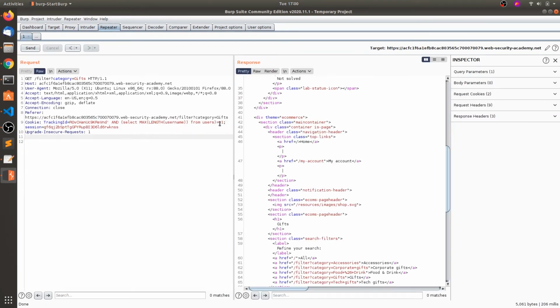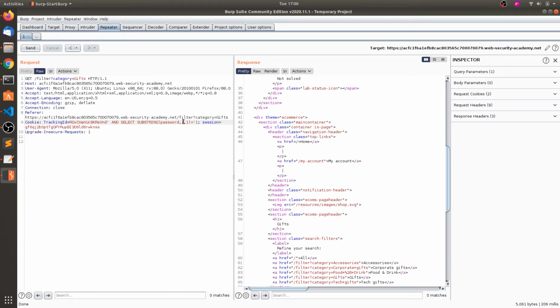Let's go to repeater. And now we need to select password. So we came to know there is a password column. Okay, we can do the substring of password, the first offset, that means the first letter.